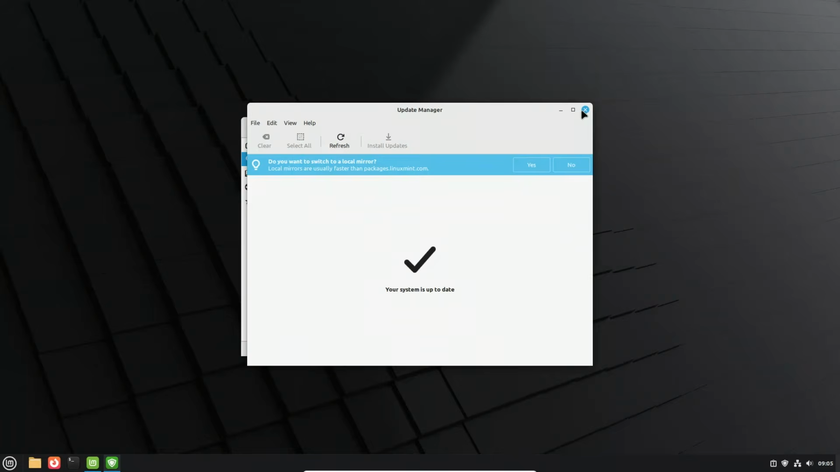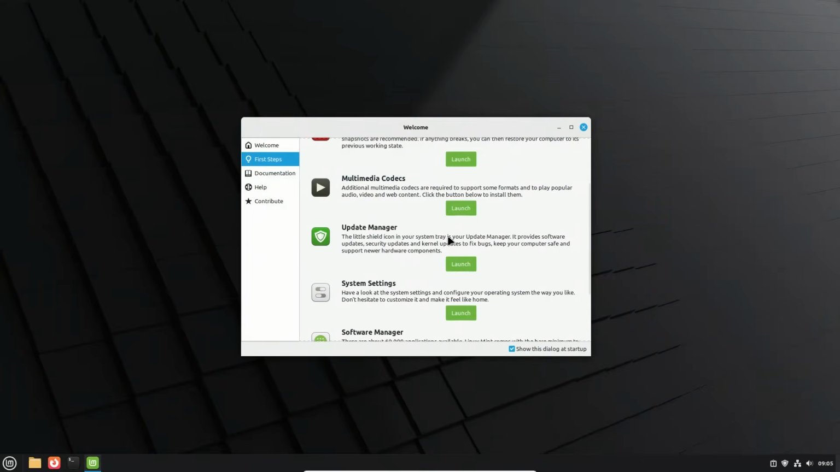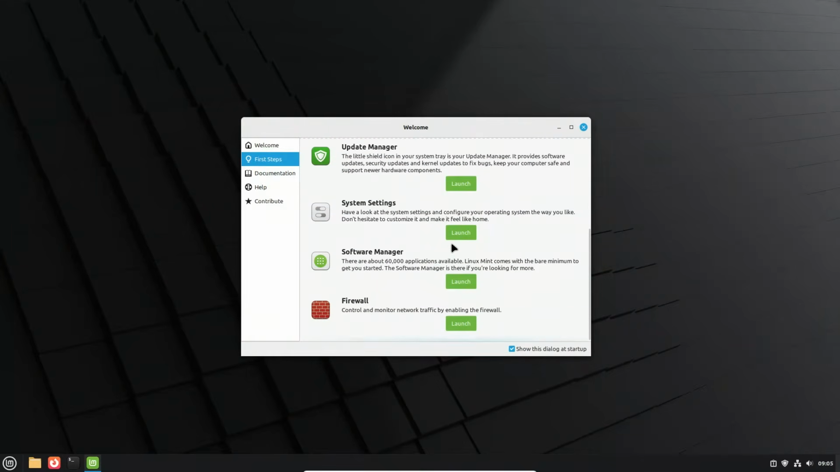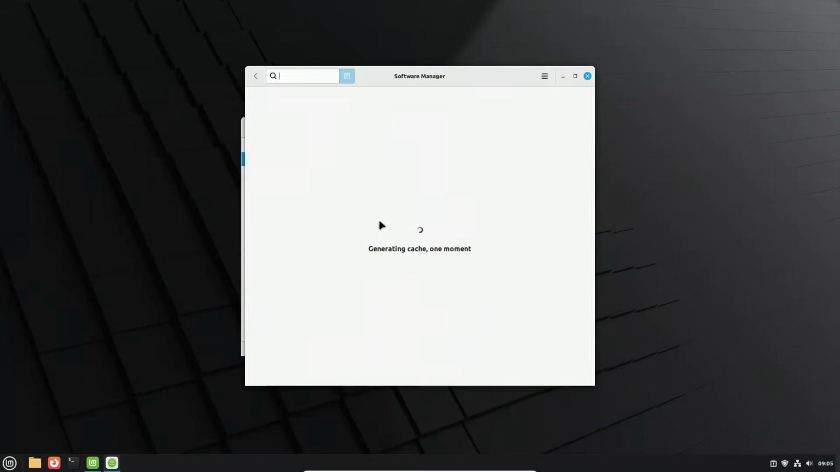Categorized, you can review changes before applying them, and you're always notified if critical security fixes are available. Unlike Debian, where updates are mostly done through the terminal, here you